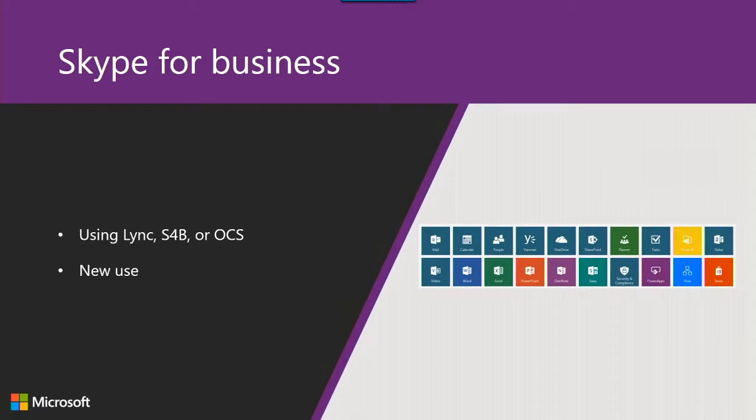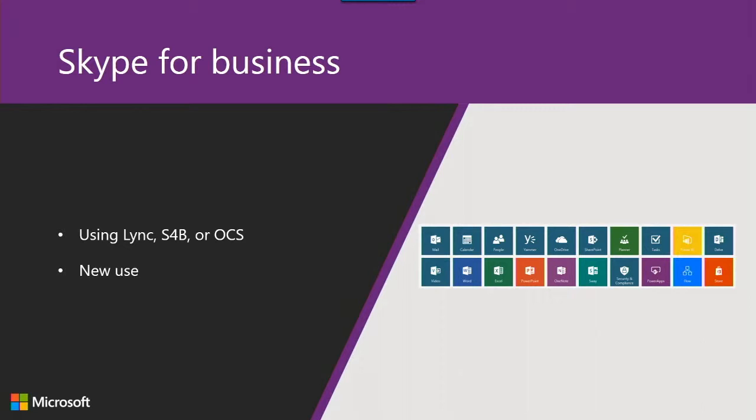The one other thing that people talk to us about when migrating to the cloud is that some schools and a lot of organisations have a history of using Lync or OCS as it used to be, or now Skype for Business. They're saying, well, I want to take that to the cloud. We only use it for instant messaging, internal calls or video conferencing. How do we move that?